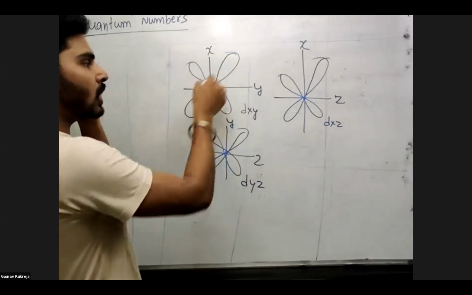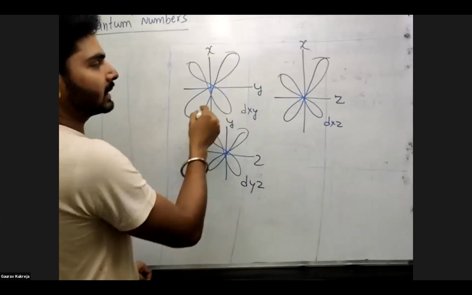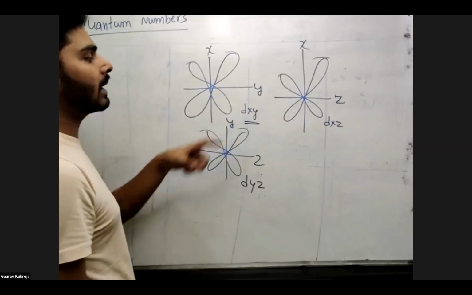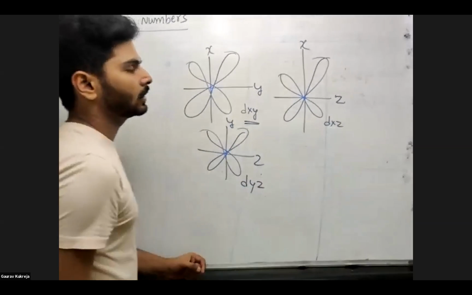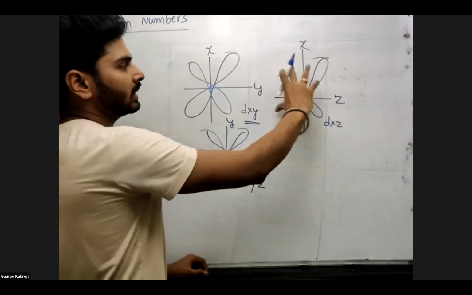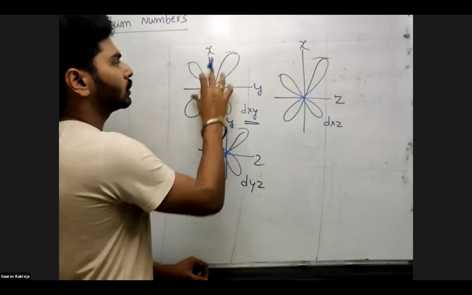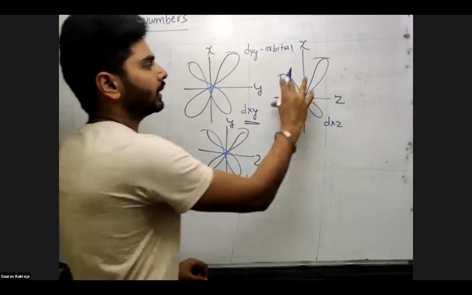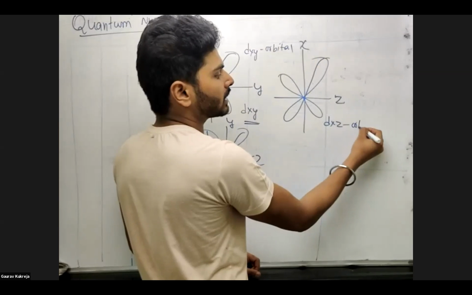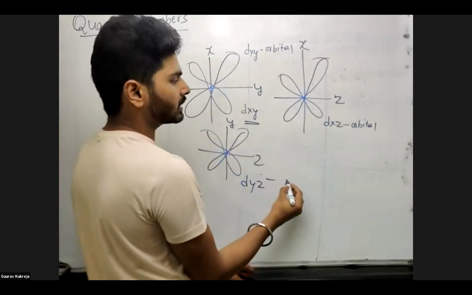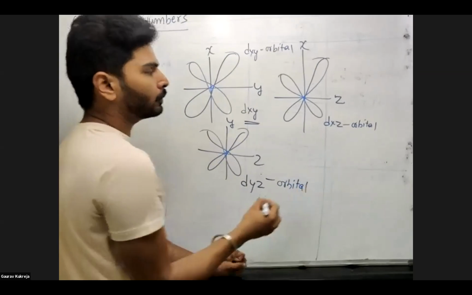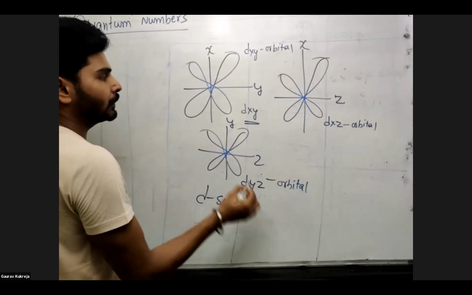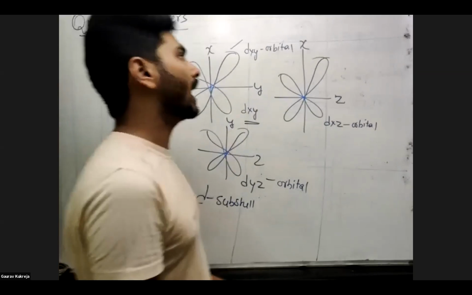It is because they are covering all the four quadrants in double dumbbell manner. So that's why, along with their plane, we are writing as dxy and dxz. So this is one three-dimensional space, this is another three-dimensional space, and this is another. So one three-dimensional place I will call dxy orbital, and this is a different one, I will call it dxz orbital, and this is dyz orbital. All five orbitals collectively I will call the d subshell. But individually, if I say about one thing, then it will be called an orbital.